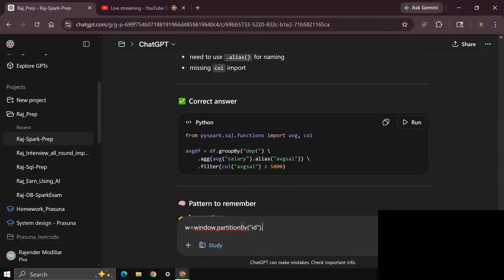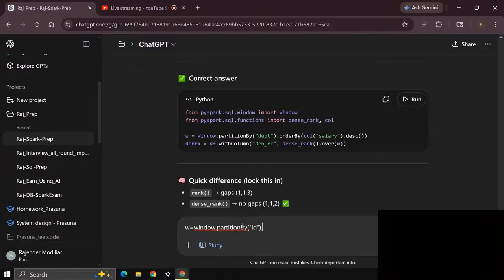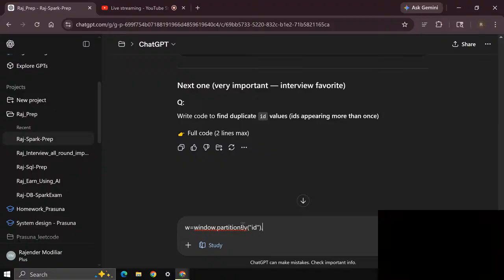I think order by column id. Order by column id decreasing. No, order by column id ascending. Okay, that's it. Order by column id. That's it.